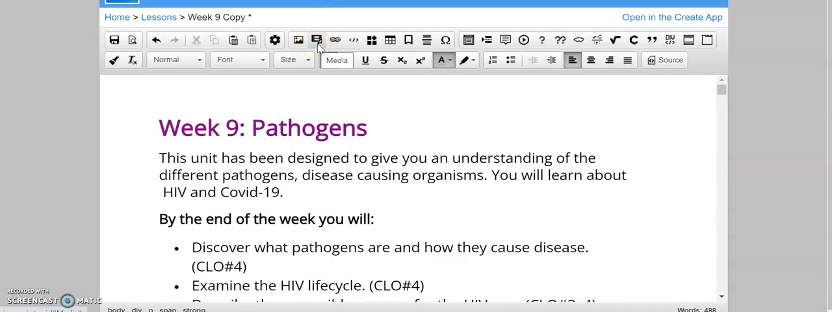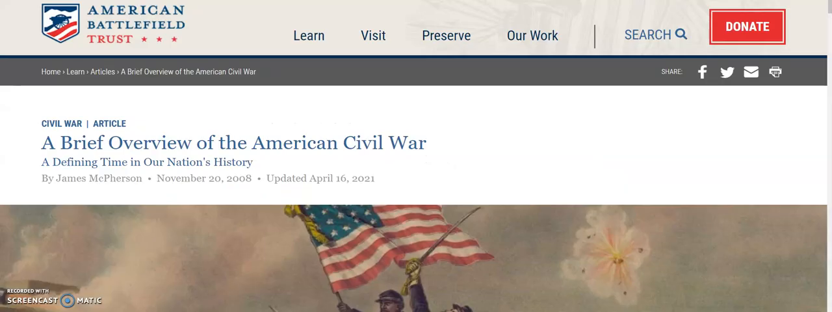You can also include media, a hyperlink. So, for example, if you teach a history course and you want to include an article about the Civil War, I've researched that and I found an article about the Civil War. It's basically a brief overview of the American Civil War. So what I'm going to do is I'm going to copy the link and then I'm going to go into